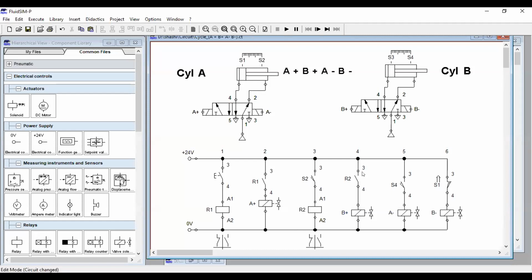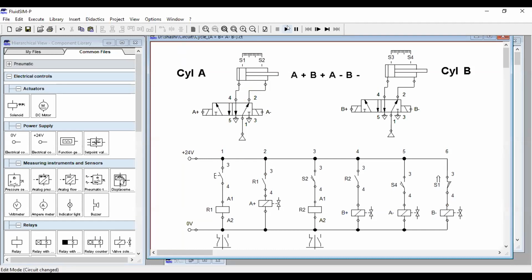Okay, no issue. So we have this S1 as a positive. So here you can see when I press this button, then S1 will be active because already it is in S1 position. So you can see flow through this one 24 volt to 0 volt by actuating B minus. So my last operation is working. That is what is needed when you are doing any circuit: your last operation should be visible to you on screen. So here we can see B minus in an actuating position.